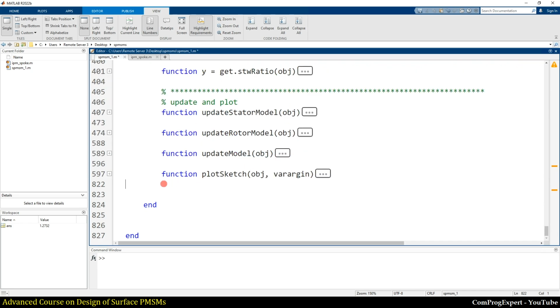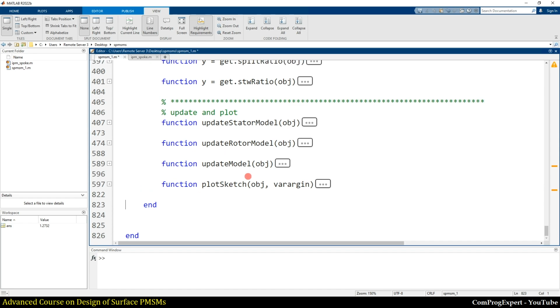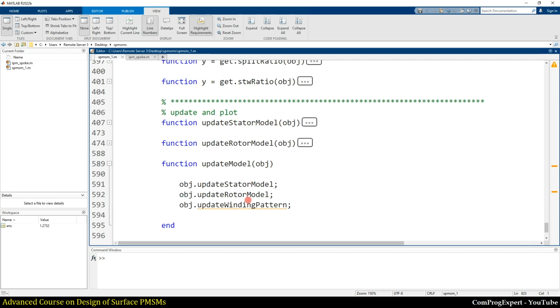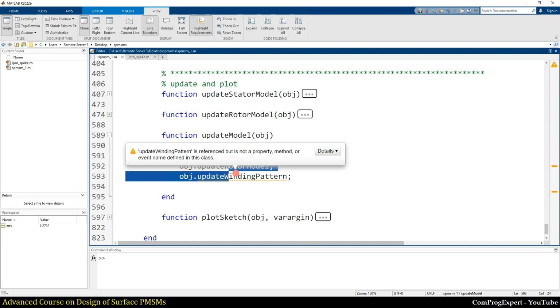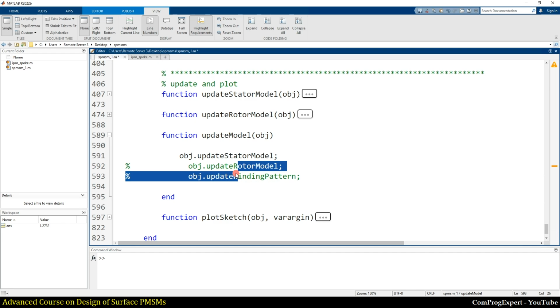Okay. So we have a plot sketch function here. Update stator model, update rotor model, and update model. Because I don't want to consider these two methods now, so make them comment. And let's focus on update stator model.